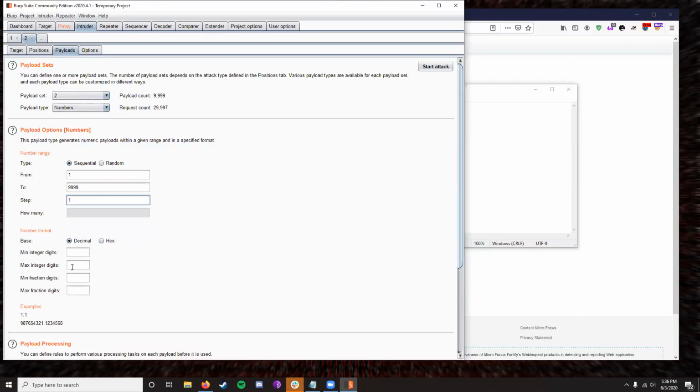And you can set the max and min integer digits. So for example, if I knew that a certain payload area needed a 4-digit number, but I didn't want to write 0001, or even if I did send that in, sometimes Burp would just process that as 1 and insert that into the position. You can say that the minimum number of integer digits would be 4. So when it does get inserted into the,